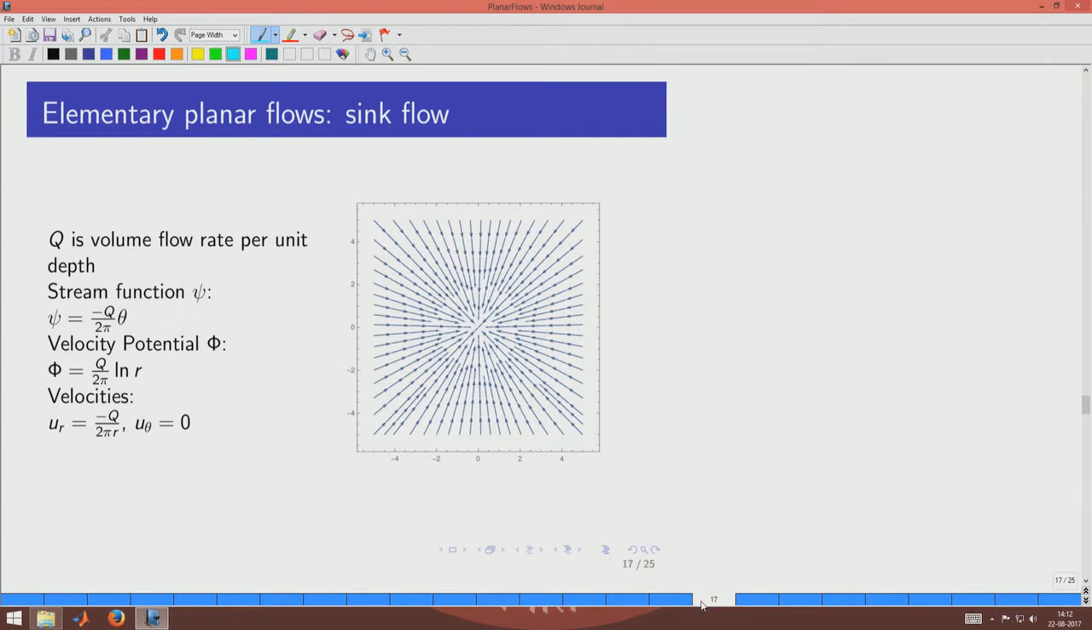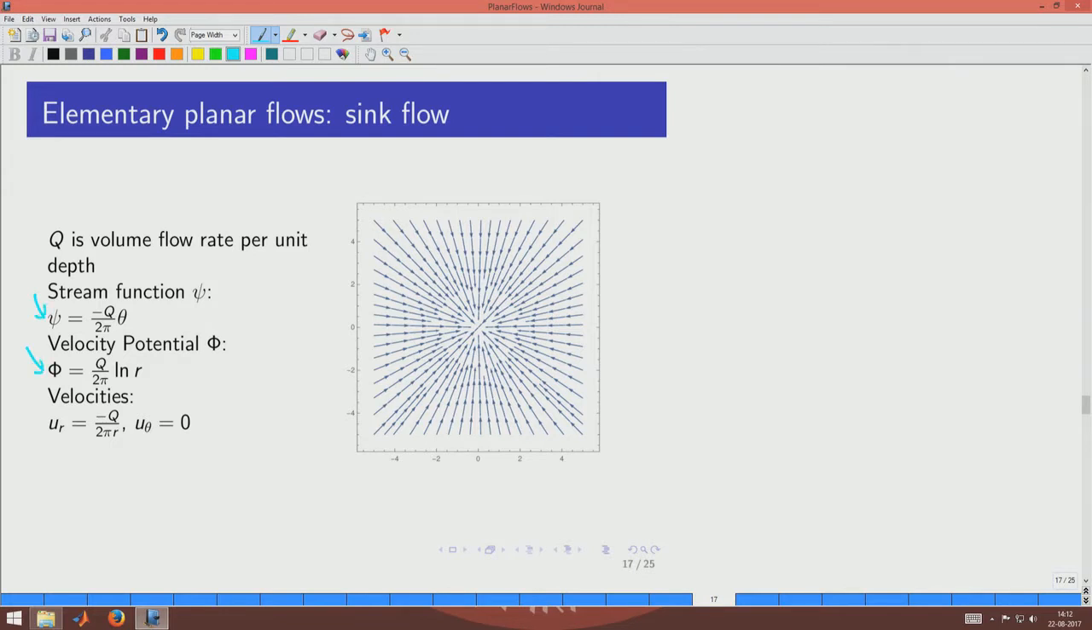Sink flow is a situation where you have a singularity, a location at the center. Here in this case it is the (0, 0) location, where the flow is converging, and you have a problem there. But you could imagine that this is a flow field where in a tank there is a small hole at the center, and the liquid is going through that to the bottom. That kind of flow field can be described using sink flow,